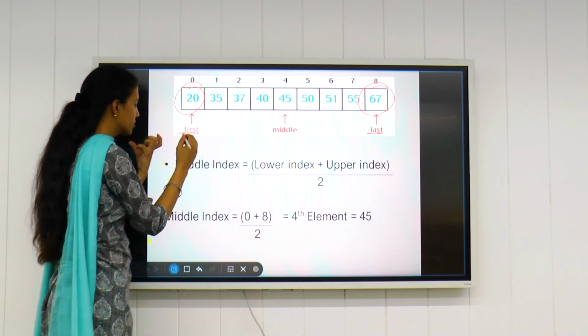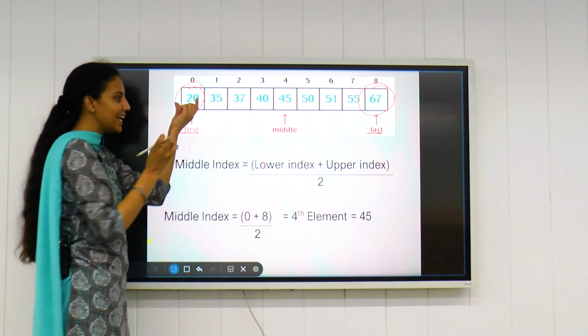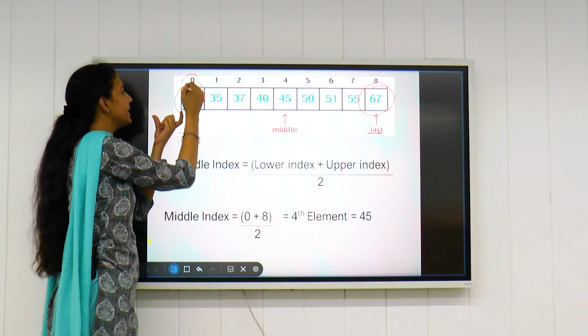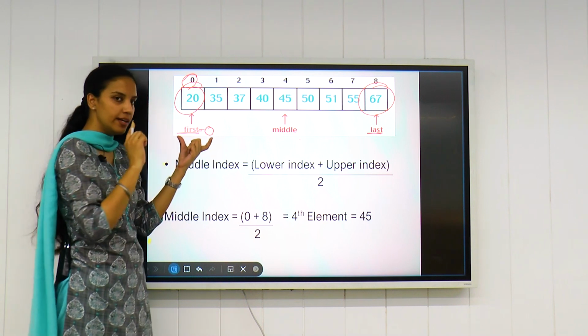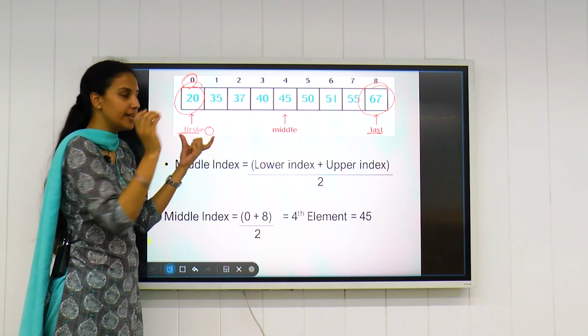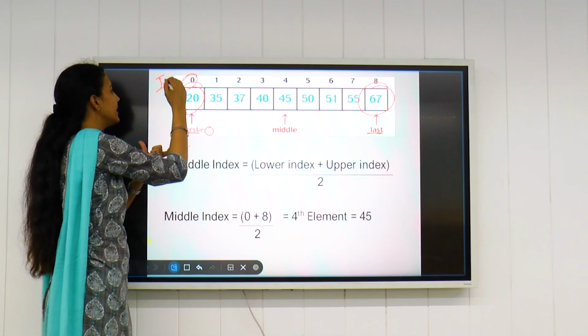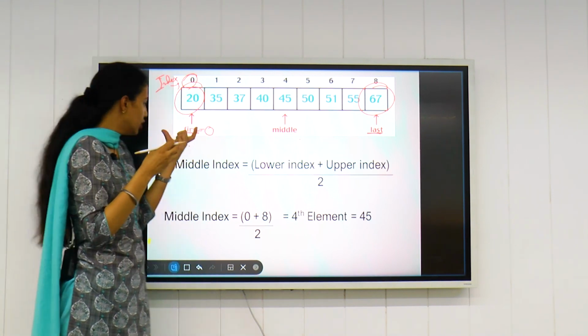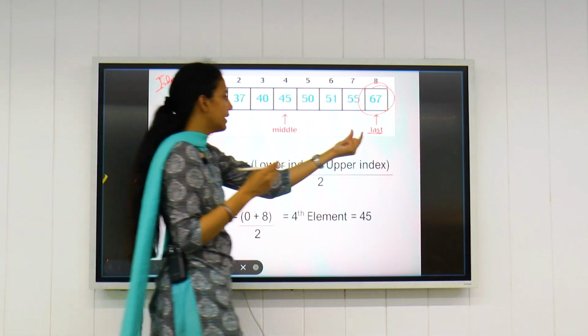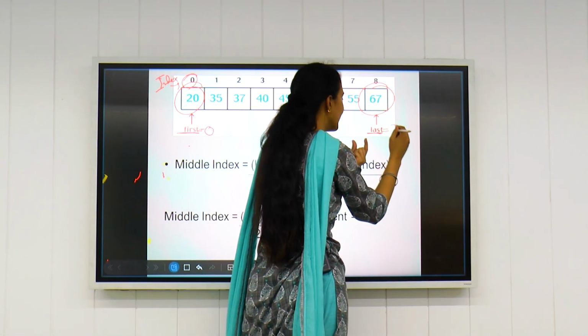Suppose first: we don't take the element, we take its index value, so first comes out to be 0. Don't take it as 20 because that is the element. We only take the index value, that is, the position at which that element is lying. So first is 0 and last is actually 8.